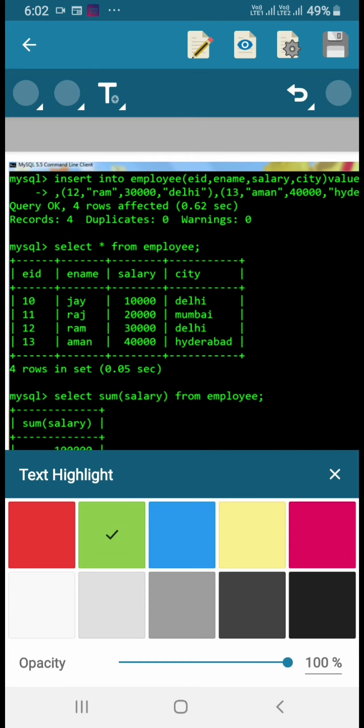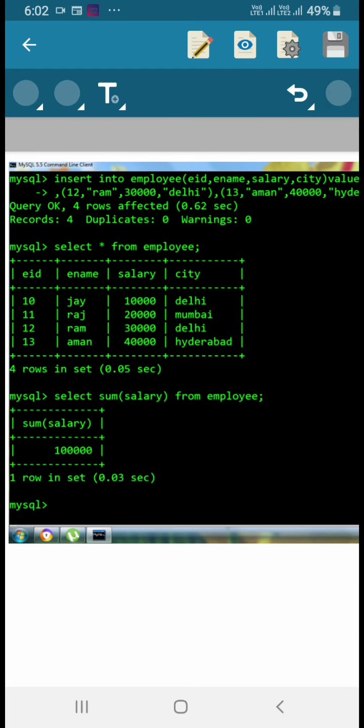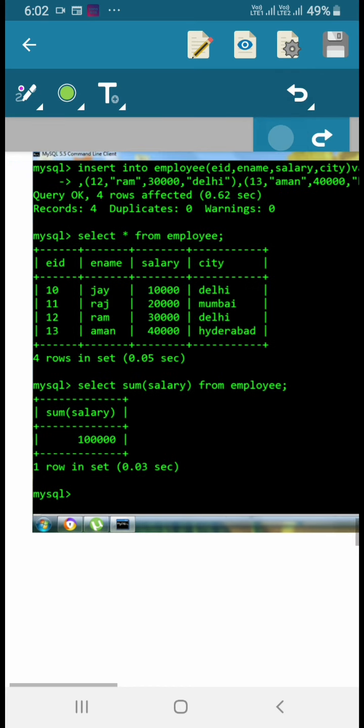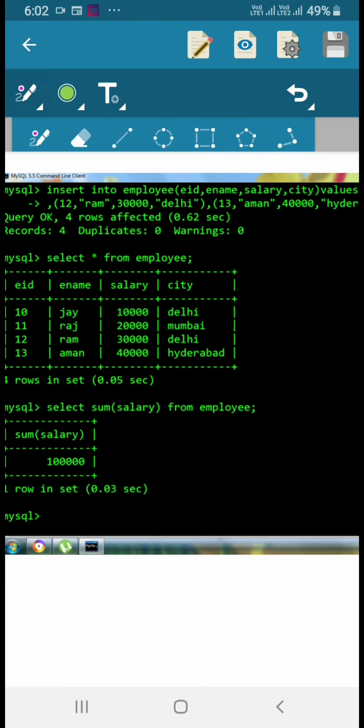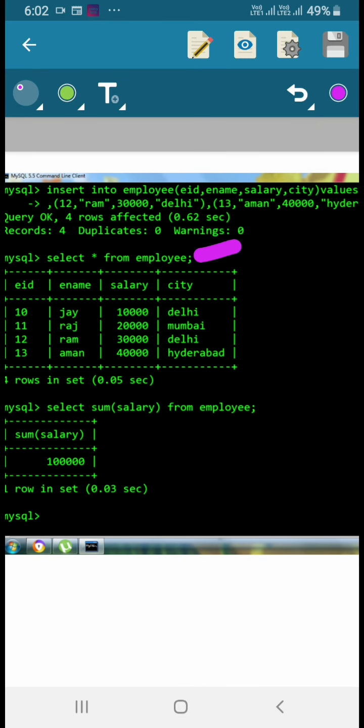The table name is employee. I created the table called employee with four columns, that is employee ID, e-name, salary and city. And I inserted four records. Observe this.